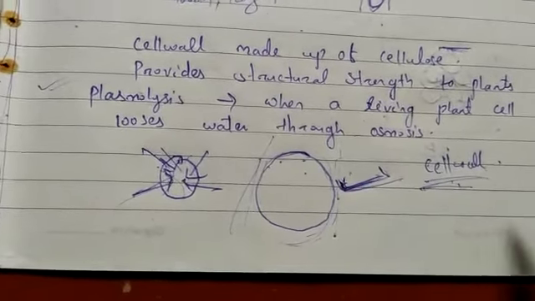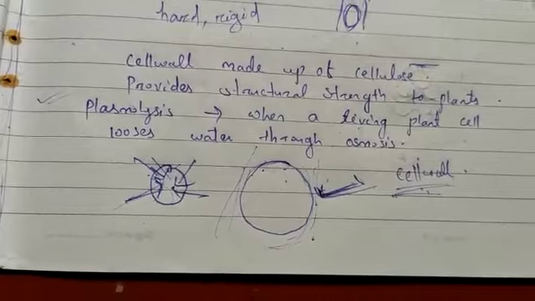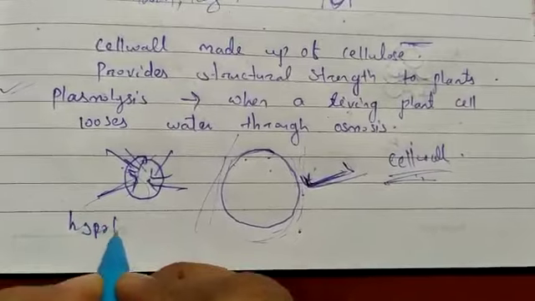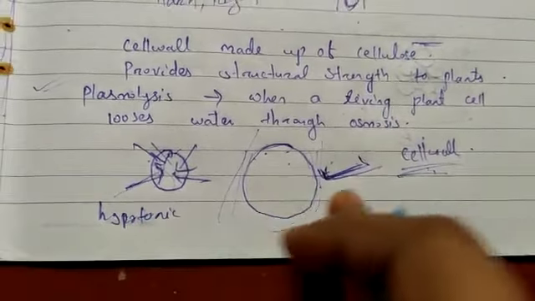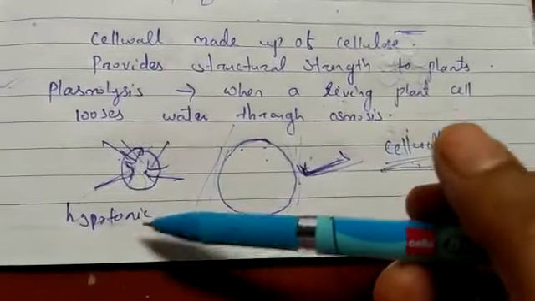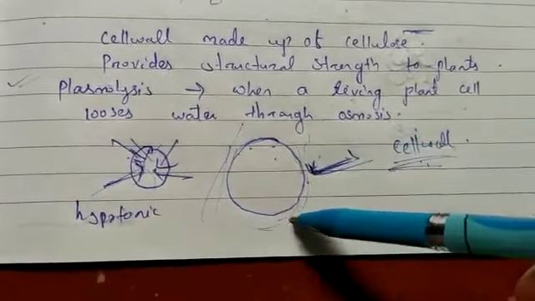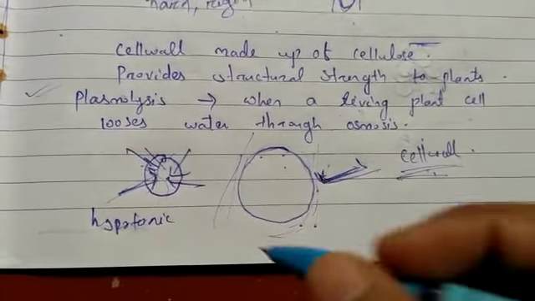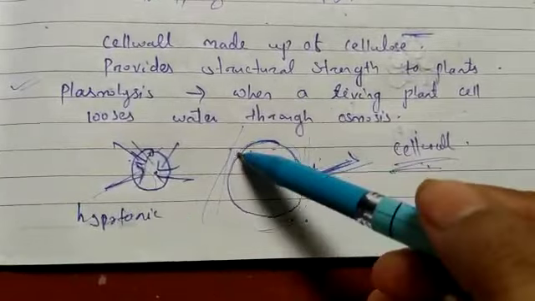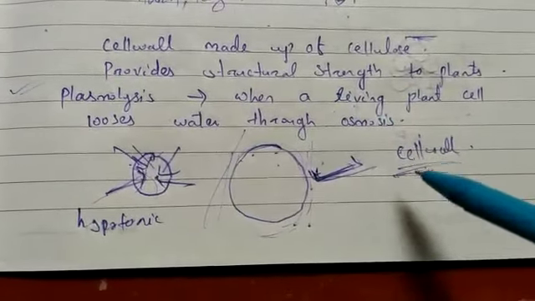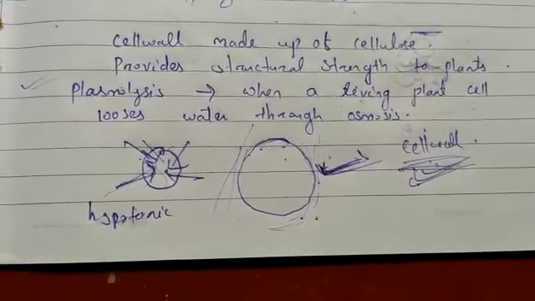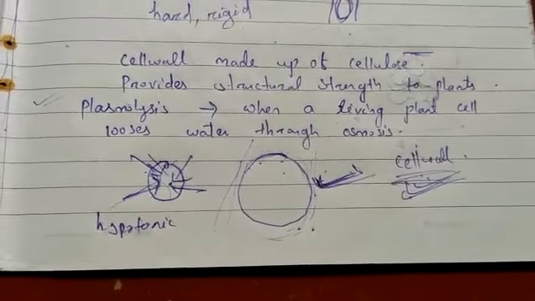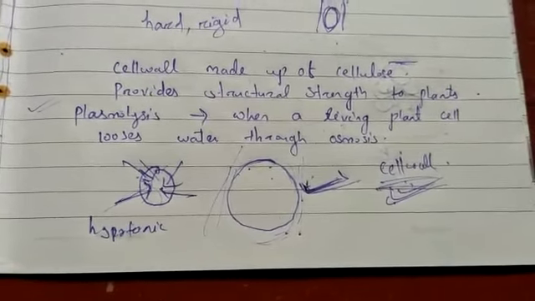In plants, due to the presence of cell wall, the plant cells can withstand hypotonic media for a long time without bursting. Animal cells cannot withstand hypotonic media without bursting, because after getting water, they swell up and burst. In the plant cell, it is possible because of the cell wall. That is why plants have an additional hard and rigid outer covering, called cell wall, which is not present in the animal cell.